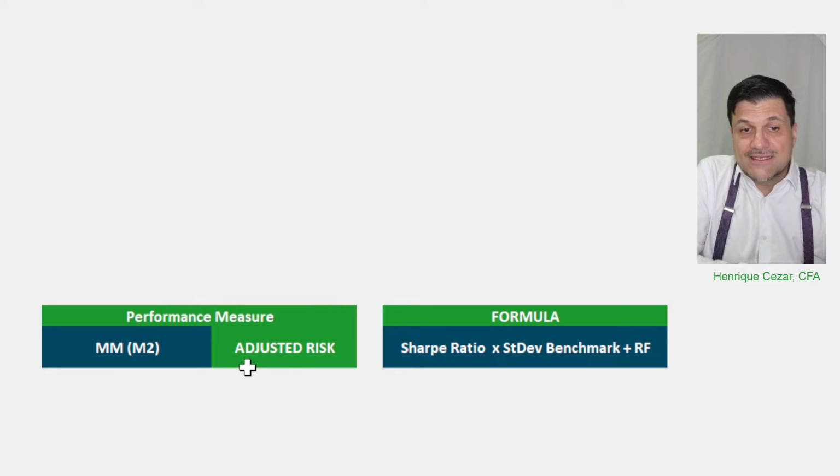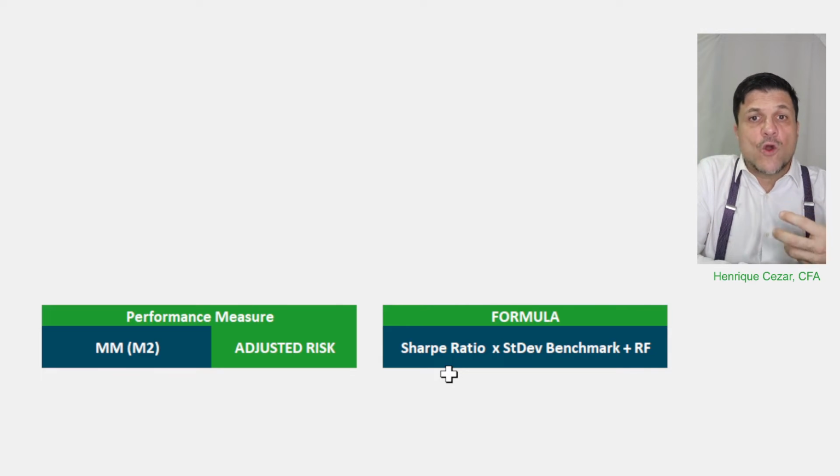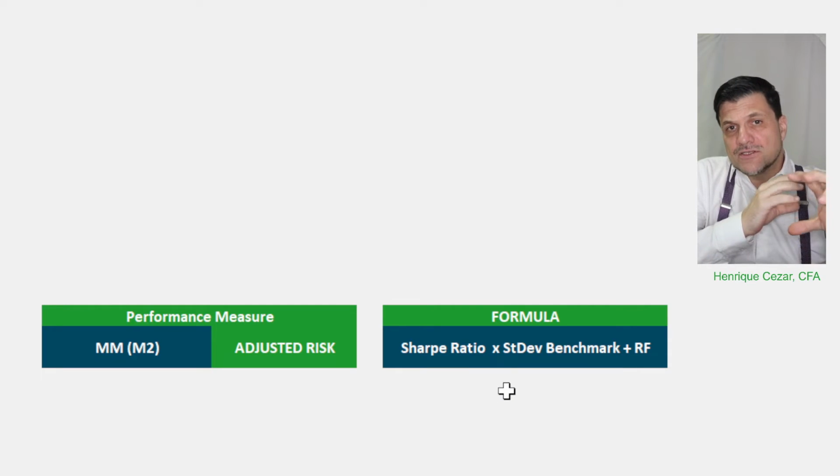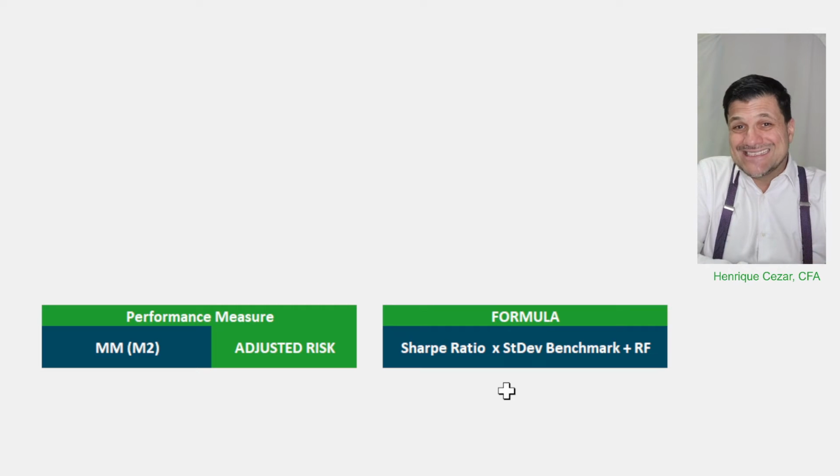In this case, it's exactly what it is. We're taking the M&M2, or M square, excuse me. It's the Sharpe ratio, but corrected for that imperfection that I mentioned before, because the Sharpe ratio, using the risk-free rate, doesn't tell you much about the comparison of that performance with the market itself. So the M squared comes to fulfill that need.